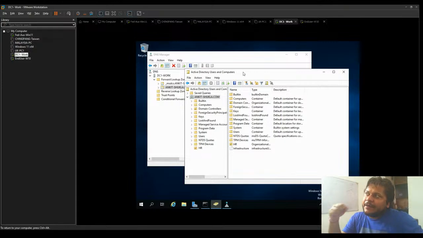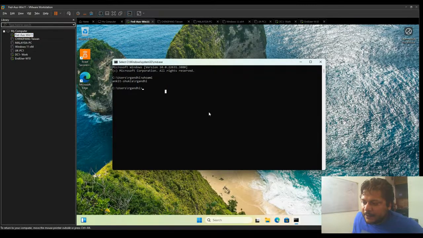Then we added the machine to the Active Directory domain. Once that machine was joined, we created a new user using Active Directory Users and Computers. We created a new password for it. Then that user account, the client user account, the end user who does not have any admin rights within the organization, was able to log in after changing the password on the first login. When they were able to log in, the machine was configured. And we confirmed they were logged in using the user account by going to the command prompt and running whoami, and it shows the domain name backslash username.